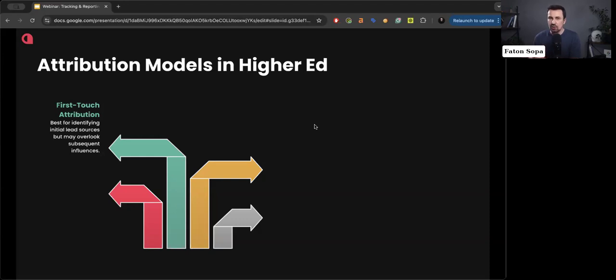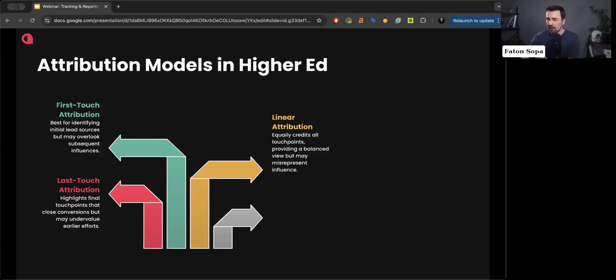So you have the opposite as well. You have the last touch attribution, and here is where you attribute 100% of the credit to the final touch. This attribution highlights the touch points closest to the conversion, but in this case, you are undervaluing the contribution of older channels.